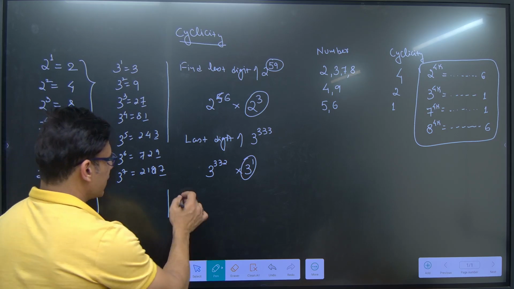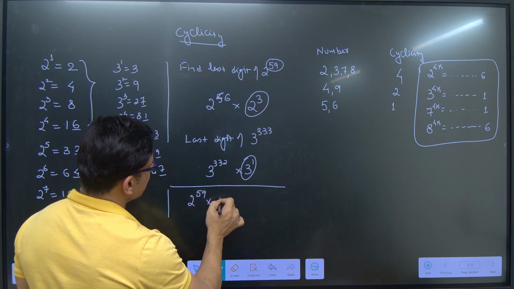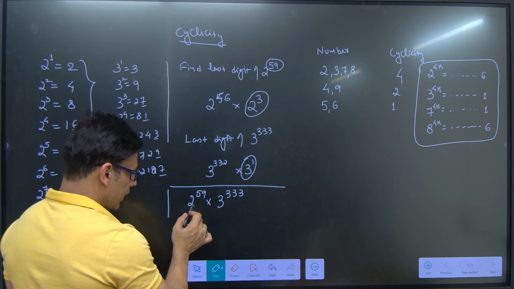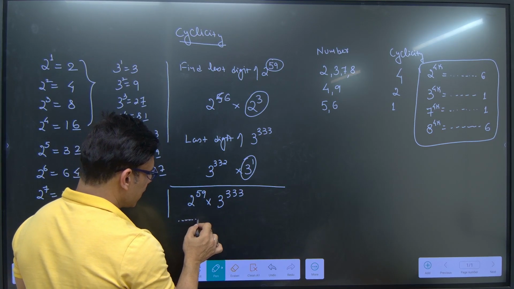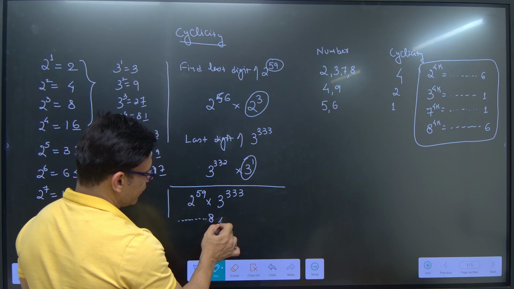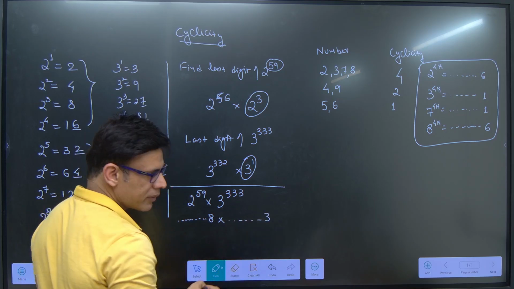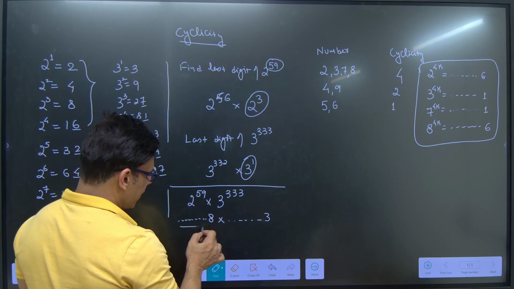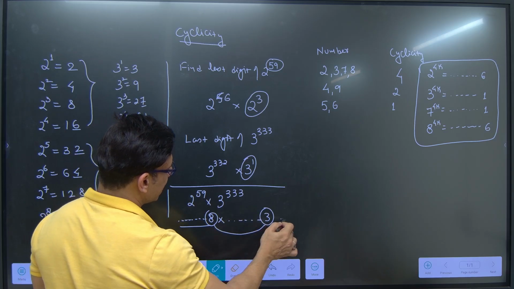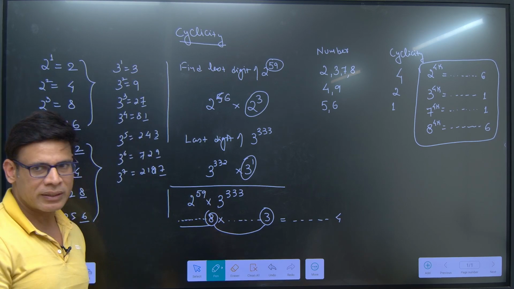Now if you have to find out the last digit of 2 raised to the power 59 into 3 raised to power 333, इसको अलग से सॉल्व करो, and you know that this is going to be a large number, but last digit will be what? 8 into, this is also going to be a very large number, but last digit will be what? 3। अब बड़ा नंबर इसका लास्ट डिजिट 8 है, एक और बड़ा नंबर लास्ट डिजिट 3 है, इसको मल्टीप्लाई करेंगे, लास्ट में क्या आएगा? 4 ओनली। 8 3 24।